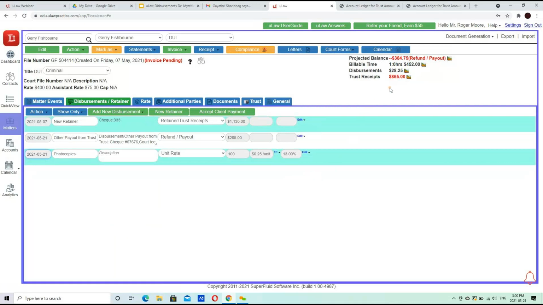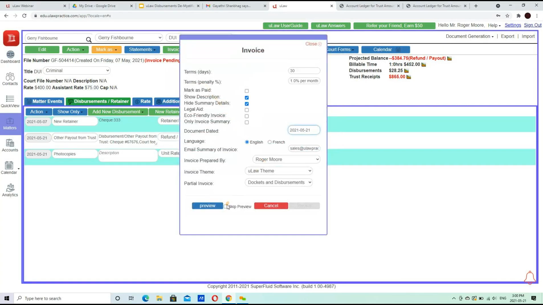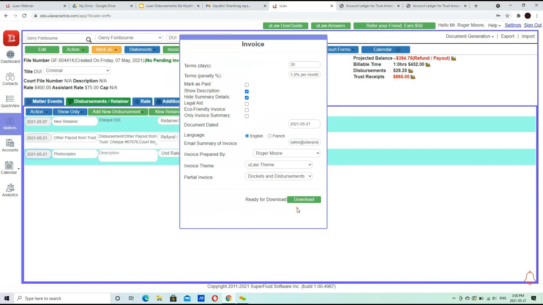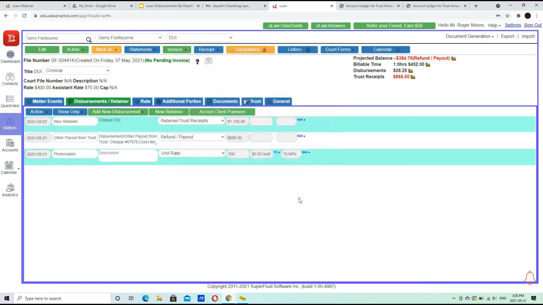Now you have $20. To recover that, you'd have to generate an invoice, include that 2825 or any other fees that were part of that cycle.